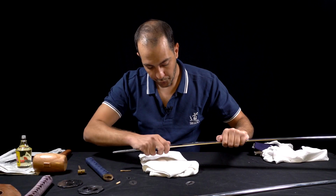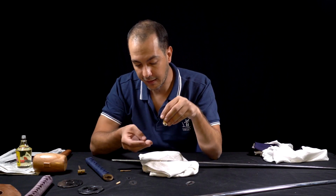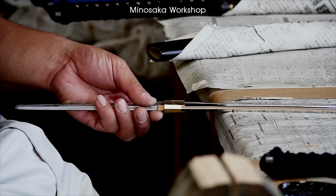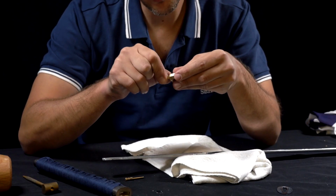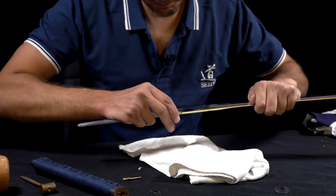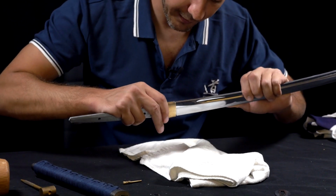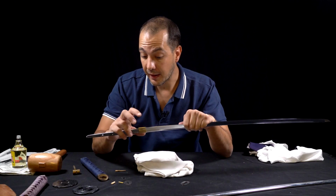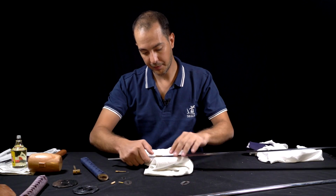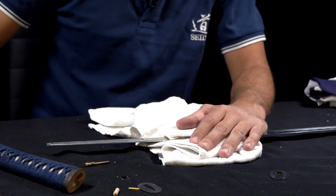You can also remove the habaki. The habaki, the exact same way, is sometimes, like this time, fitted with a small piece of wood, so it doesn't move. This piece of wood also allows for some protection, because when you fit, okay, there's already a small piece inside. The habaki is fitted for this particular blade on the blade. So basically they put that on a table, and with an iron hammer they're just shooting the habaki, so it